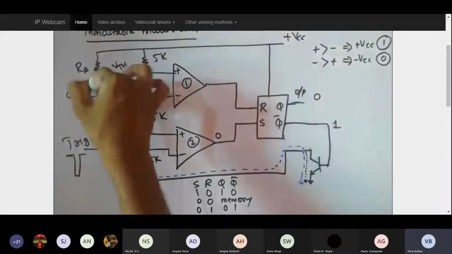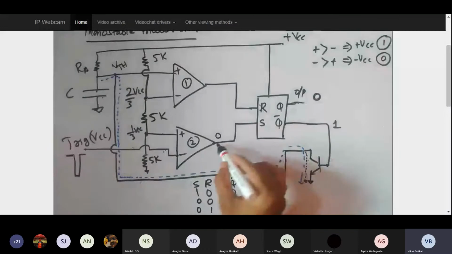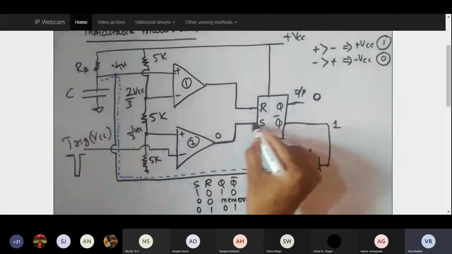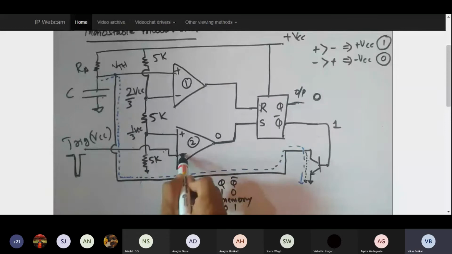Now when S is 0, what was my earlier case? What was my beginning case? My earlier case was what? The output was 0. So now S is giving a value of 0. So if S is giving me a value of 0, and once the trigger starts going down, what is going to happen? The VCC is getting down. So it is slowly coming down. So as and when VCC starts moving from its highest value to the least value, what is the potential of this negative terminal? It tries to decrease.